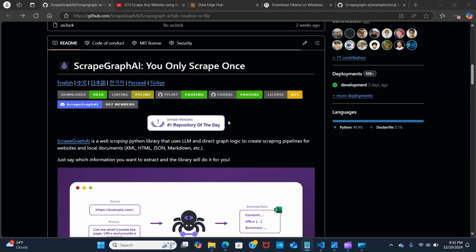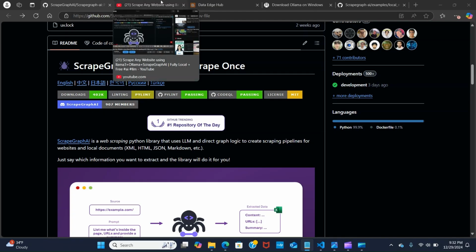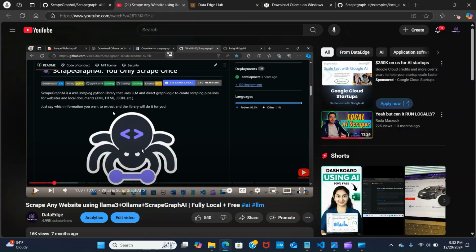So Ollama is an advanced AI tool designed to run open source large language models locally on your machine, making it easy to set up and execute LLM workflows without relying on cloud-based services. So with ScrapeGraph AI, all you need to do is to specify the information you want to extract, and the library handles the rest. All right, so I have previously created a video on ScrapeGraph AI,